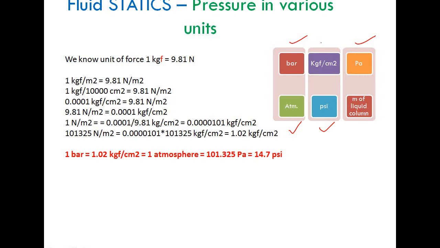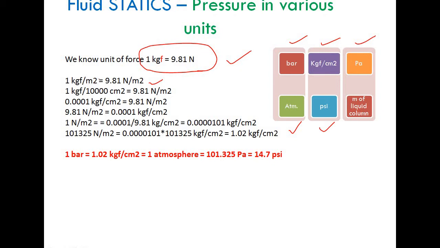And another unit is kilogram force per centimeter square. So we have the equation 1 kilogram force equal to 9.81 Newton, that is a unit of weight. W equal to M into G. So Newton is a unit of weight, so 1 kilogram force corresponds to 9.81 Newton. You should know this conversion. Or you divide by meter square, 1 kilogram force per meter square equal to 9.81 Newton per meter square. Now it is the unit of pressure because Newton per meter square.